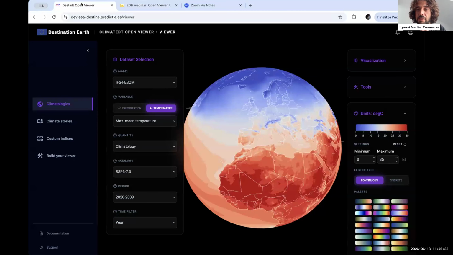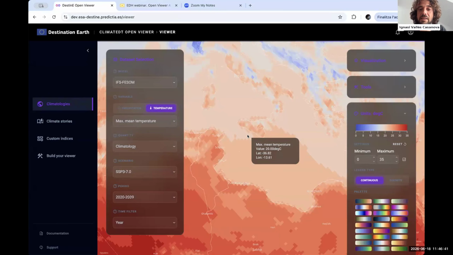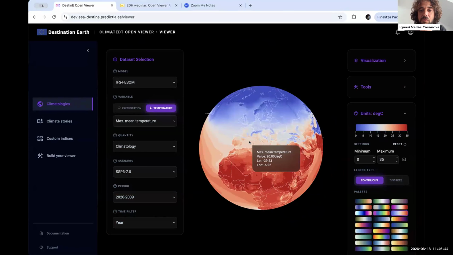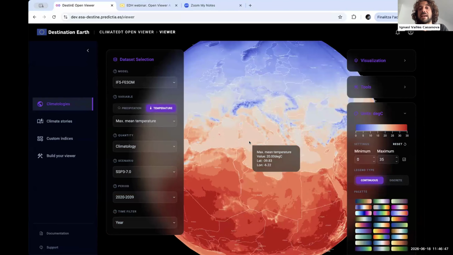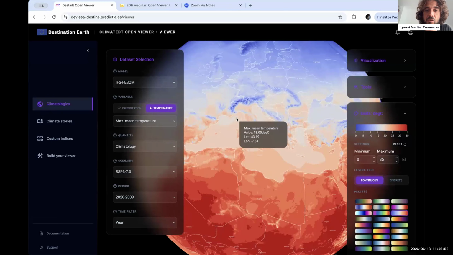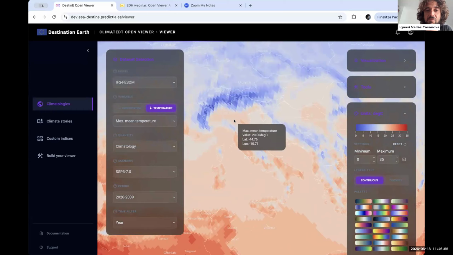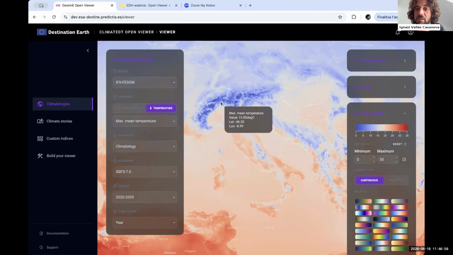Let me know if you see the web. Yes. Okay, perfect. So here the data viewer is basically composed of four main sections. The first section is a climatology section where you see a global map of climate indexes. In that case it is maximum daily temperature. And you can easily see in detail how this kilometer scale resolution can nicely resolve, for example, the Alp mountains, as Nicola and Mattia have noted before.